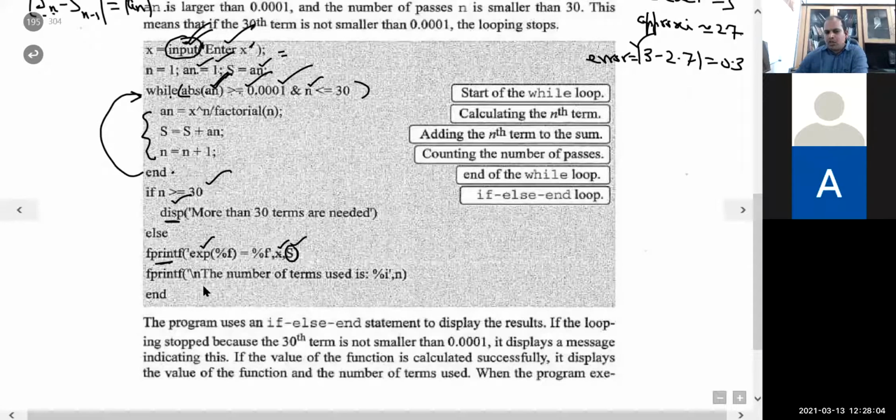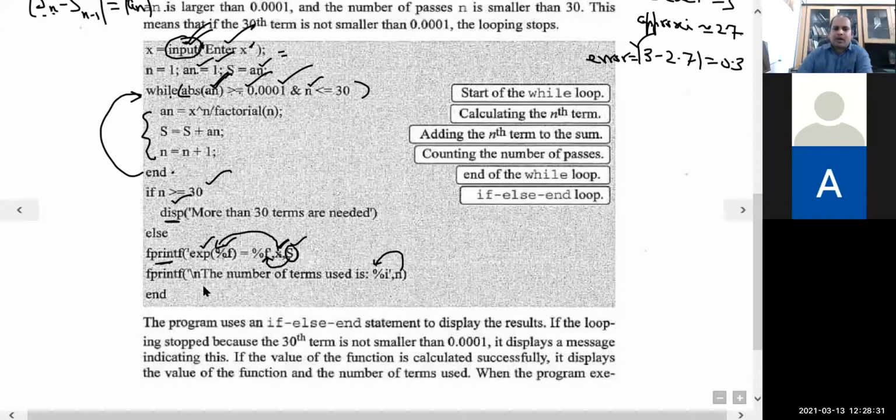So I want to display these two results. The first percentage sign is for the first value, x, and the value of s, the sum, will be displayed at this point. Then fprintf, new line, the number of terms used is, and we also display the value of n at this place, using the format for integral values of n.